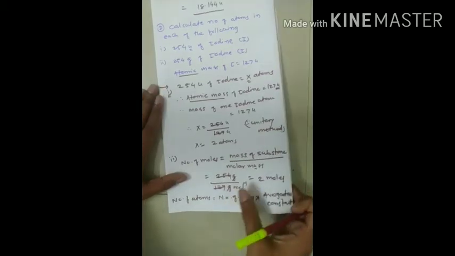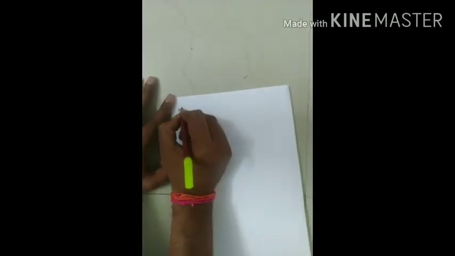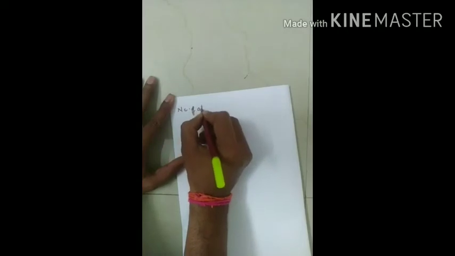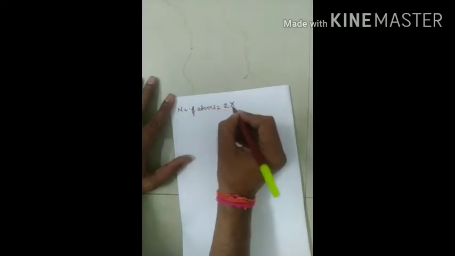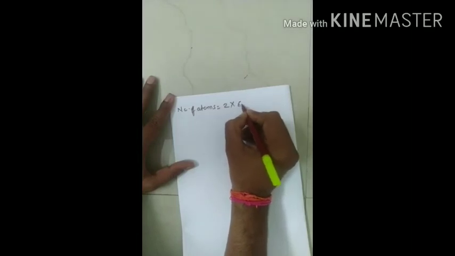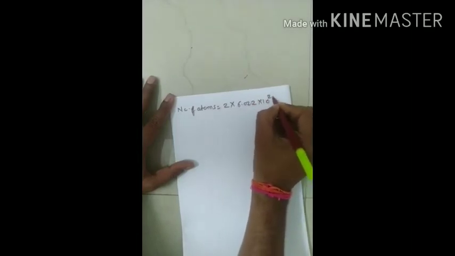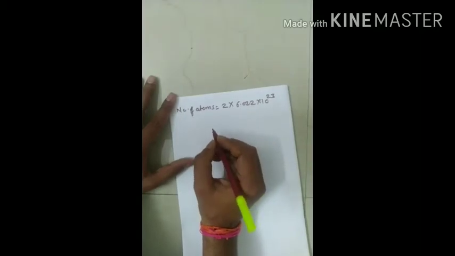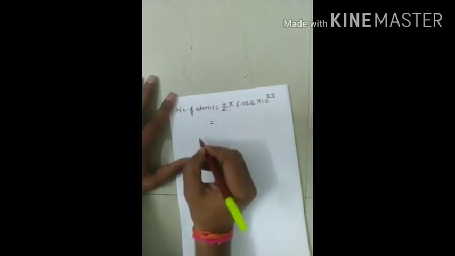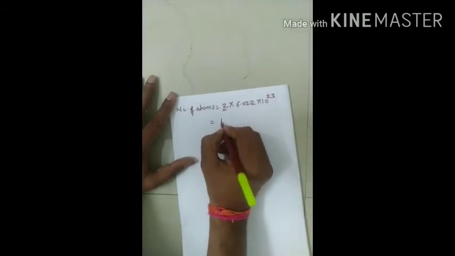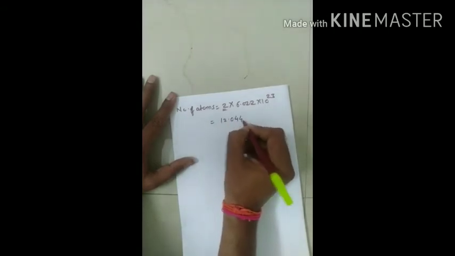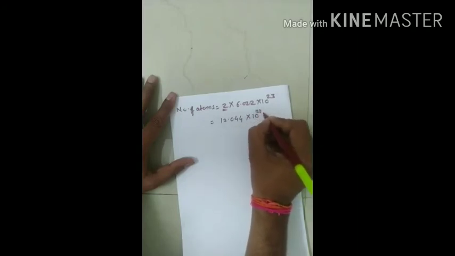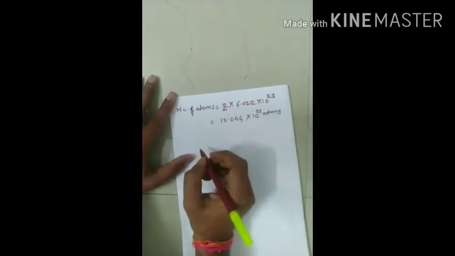So we will put the value and solve this question. Very easy question. The only thing is that you must know some basic parameters in it. Here I will put the value. I will get the number of atoms as number of moles, which is 2, and Avogadro's constant is 6.022 into 10 raised to 23. If I solve it, the multiplication must be 12.044 into 10 raised to 23 atoms,